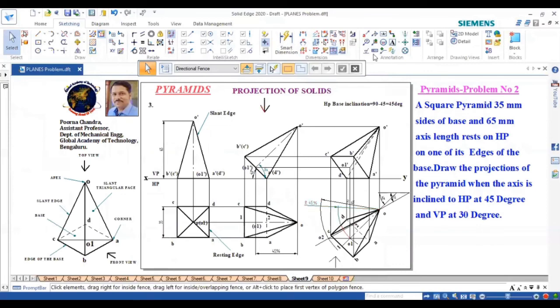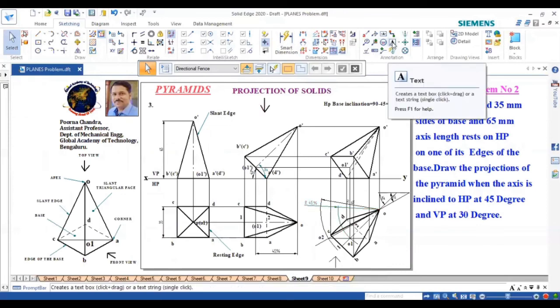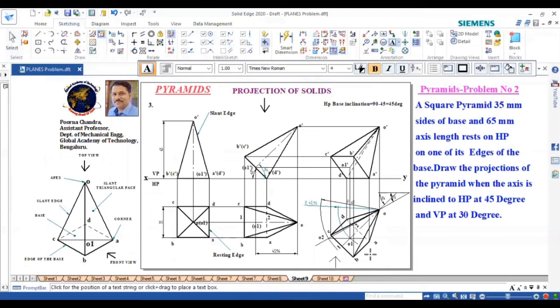So here we can name this as the beta angle. We're getting 45 degree. So I can mention that beta angle is equal to 45 degree. Okay, so that is the beta angle.